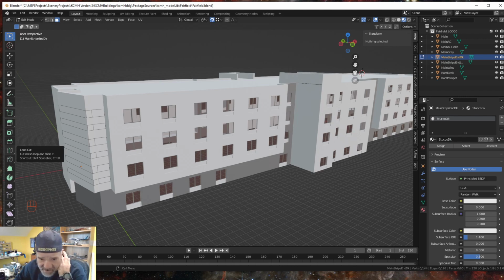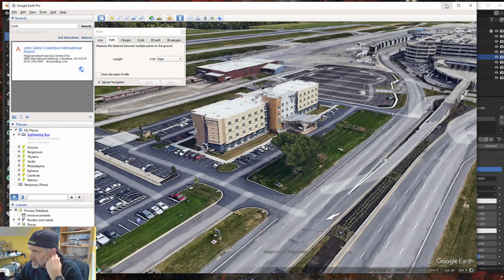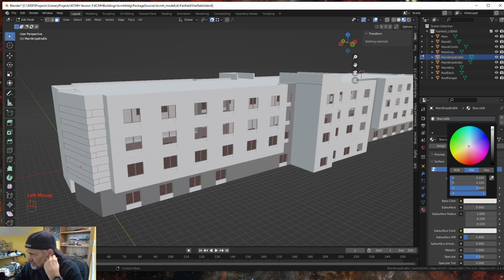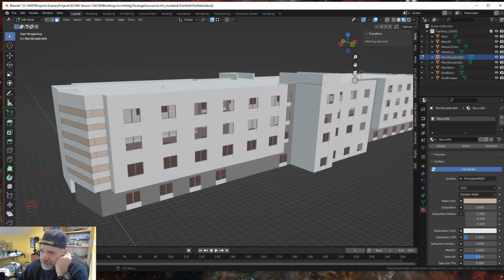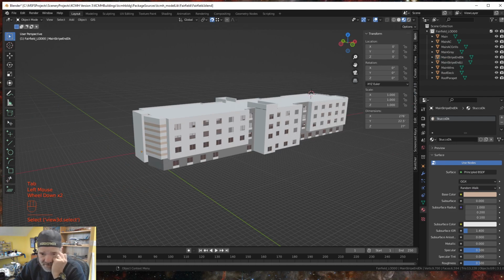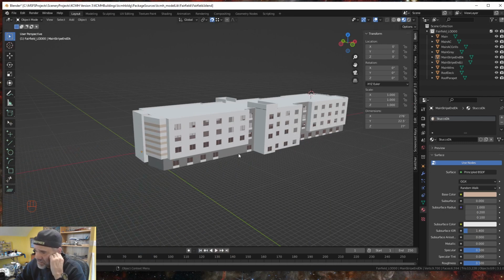Okay, we need to give it a color, and it's kind of an orangey beige. So I'm going to select the color, get my color wheel, come down to beige, maybe add a little bit of pinkish to it, and let's darken it up just a tad, kind of like that. Okay, get out of edit mode and see what it looks, and then bring up our prototype, and it may not be exact, but it's close. All right,